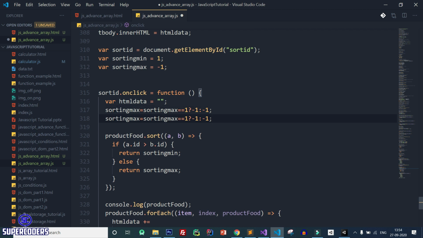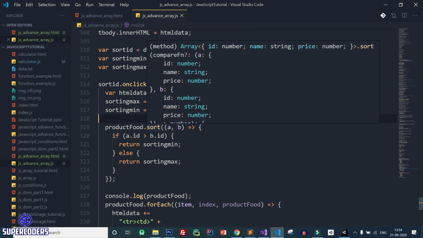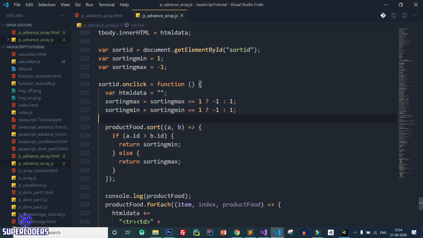Doing the same with sorting min. If it is 1, change this to -1. Now save it. So here I just used a shortcut way. You don't need to create multiple variables. You can see it's just a simple one line condition check.